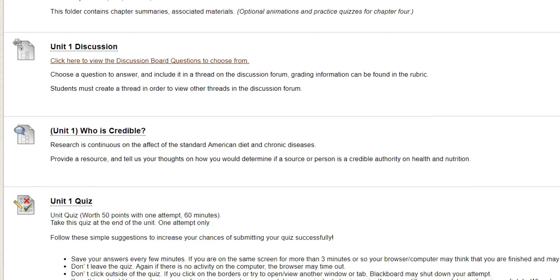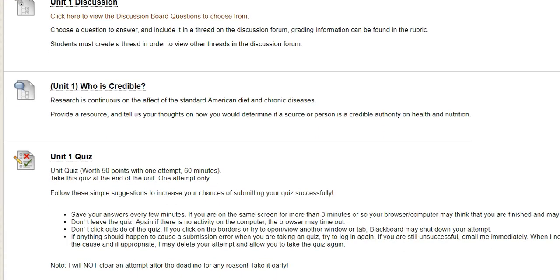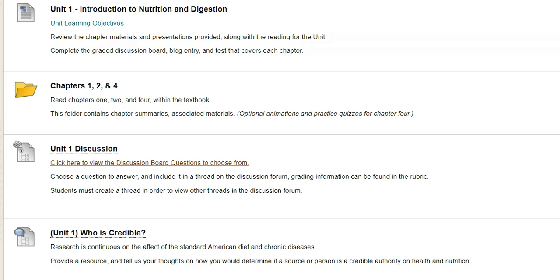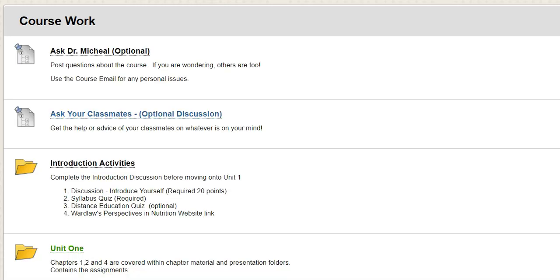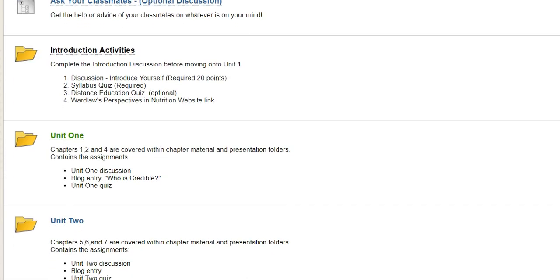Once you get to the bottom of each unit, you know that you have completed everything you need to do for that unit. Easy, right? When you go into each unit, you will only see the material in the unit that is currently available to you. All other things like assignments and quizzes will not appear until the date that they are scheduled to open, which is immediately following the closing of any previous unit.